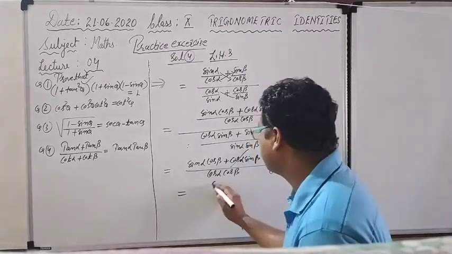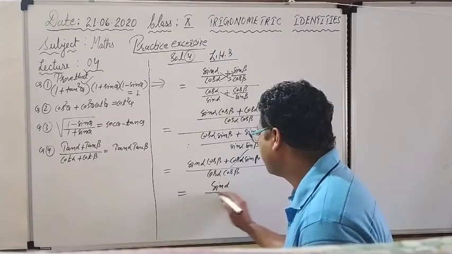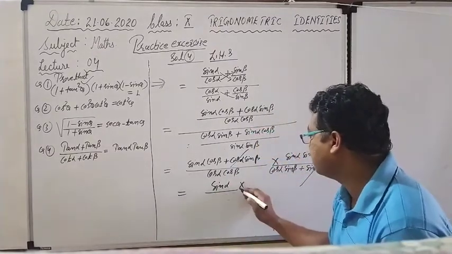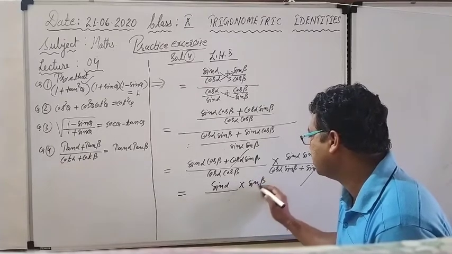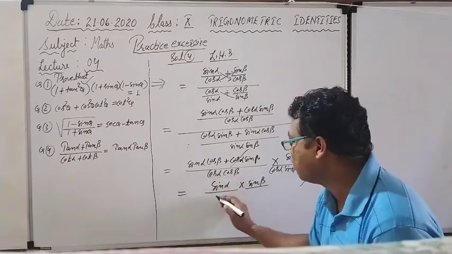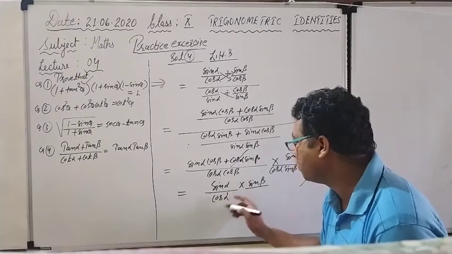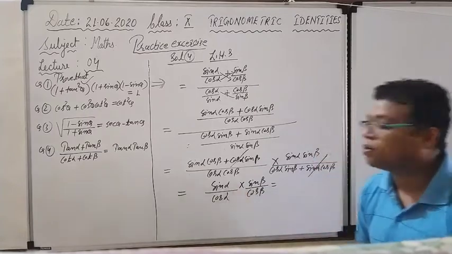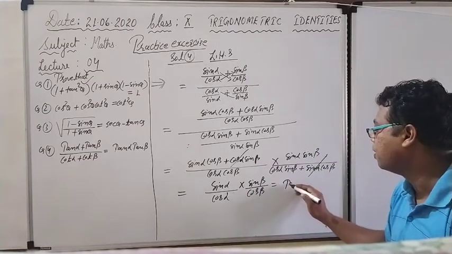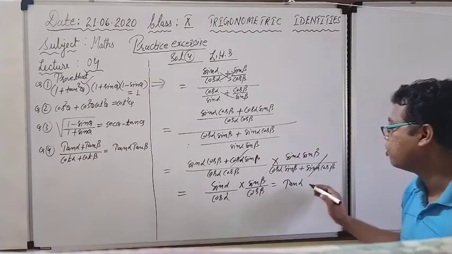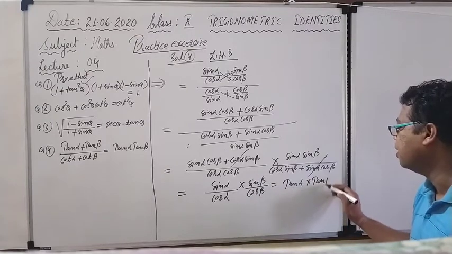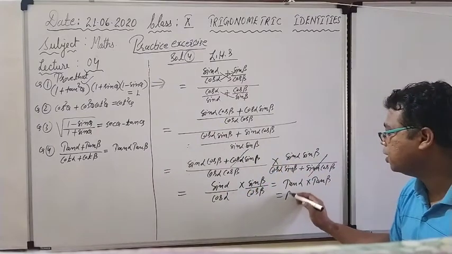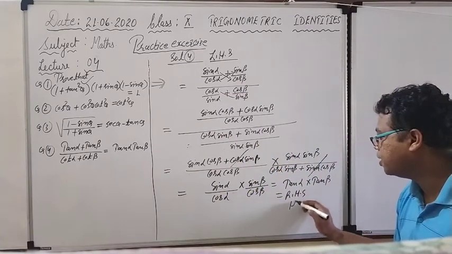Right now whatever things remain, we separate them out. So this is sin alpha sin beta. So sin alpha I wrote as sin alpha and sin beta separately, into sin beta. In the denominator what is coming is cos alpha, so we pair alpha with alpha, cos alpha, and here cos beta. And according to that you can understand that sin alpha upon cos alpha is nothing but tan alpha. Same like that, sin beta upon cos beta is nothing but tan beta. So that only we wanted to prove, tan alpha tan beta, that's why we have got it, so it is equal to the right hand side and hence proved.